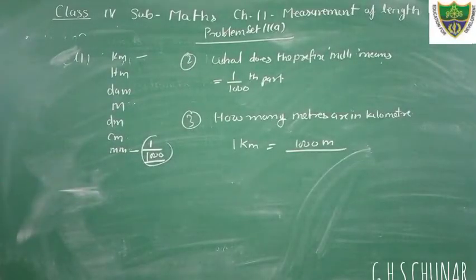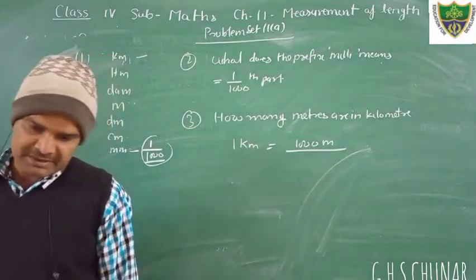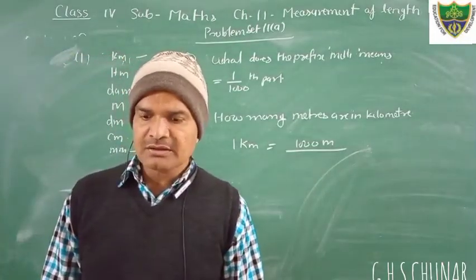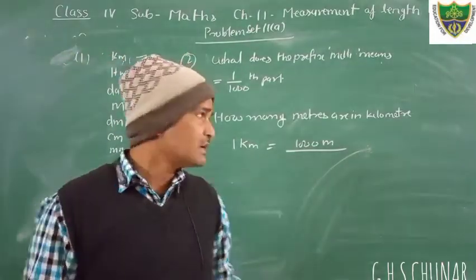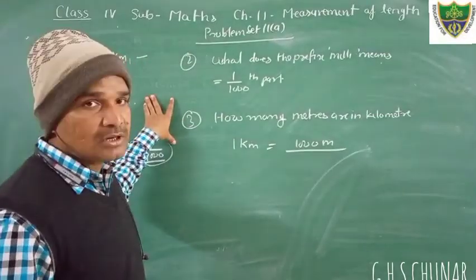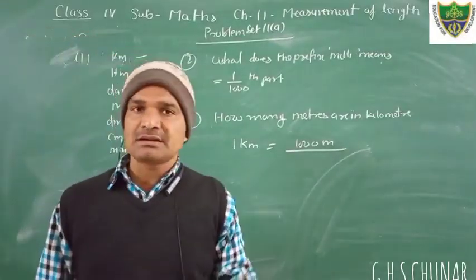What is the standard unit for measuring length in the metric system? That is written by me. That is meter. Now 5, complete each statement. Okay. So 5, 6, 7, 8, 9, you can solve the questions. If you understand, that is how we convert a unit from smaller to larger and larger to smaller.